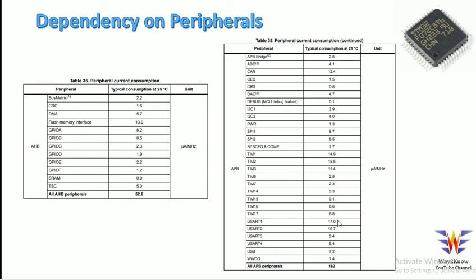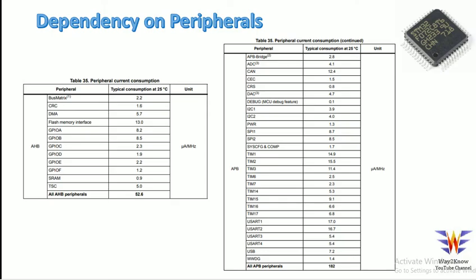So now if you have your UART, I2C, SPI, and GPIOs, you prepare a simple Excel sheet and see what the current consumption is, what the peripheral clock is that is configured in the firmware, and then determine the current consumption. So these are the different things that are provided for the microcontroller.